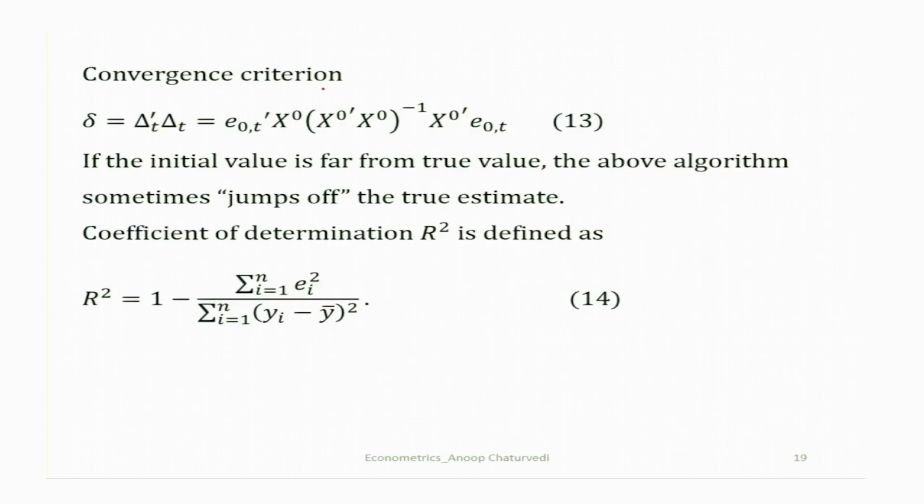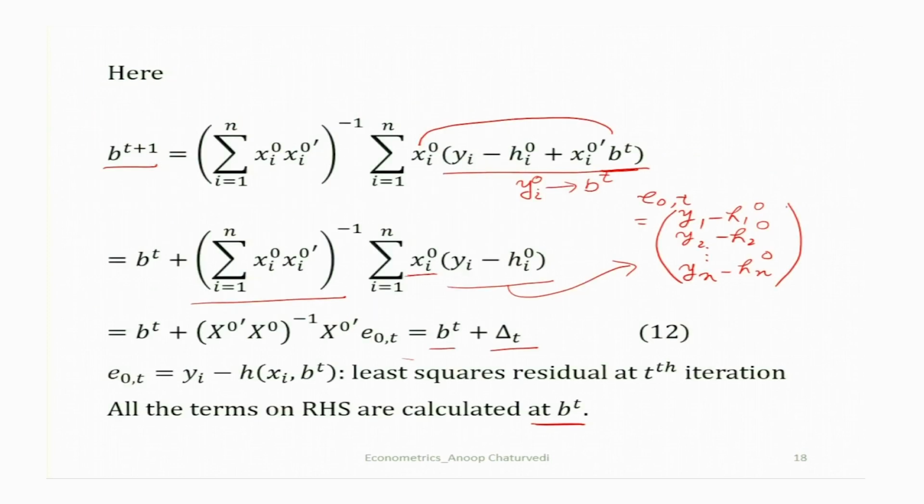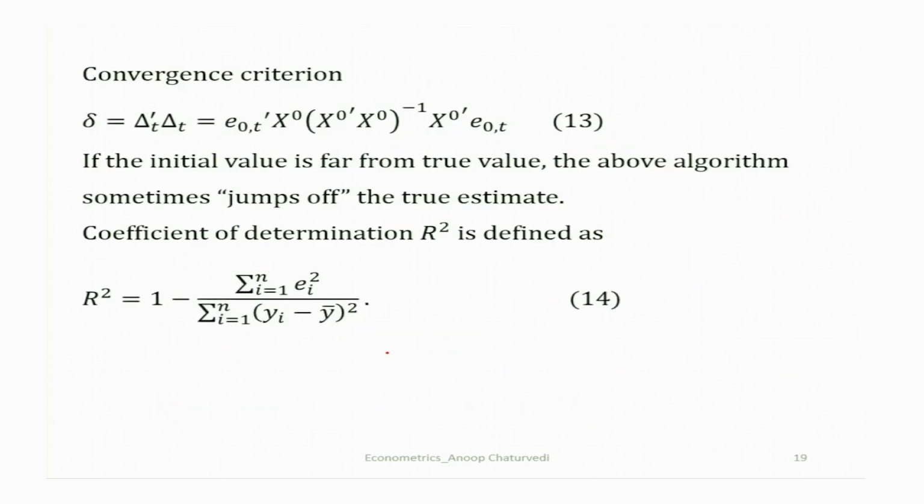Then the convergence criterion is, say, capital delta equal to delta t transpose delta t, and then delta t is equal to this term. So, you get E naught t transpose x naught, then in between you have x naught transpose x naught inverse, x naught transpose E naught t. So, this is your convergence criterion. So, at each iteration we calculate this quantity,